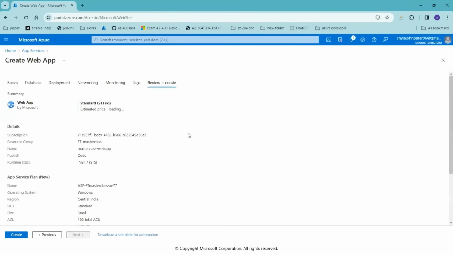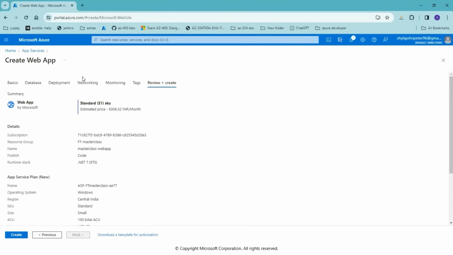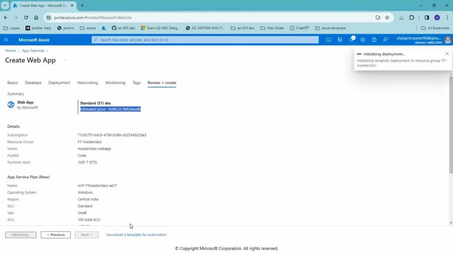I'm just gonna review and create. In the review, you can see the entire configuration that you have made, and Microsoft is giving you an estimated price for it. Are you able to see it? This is the estimated price for a month for this particular configuration, and I can just create. It's not the actual price, just an estimate.